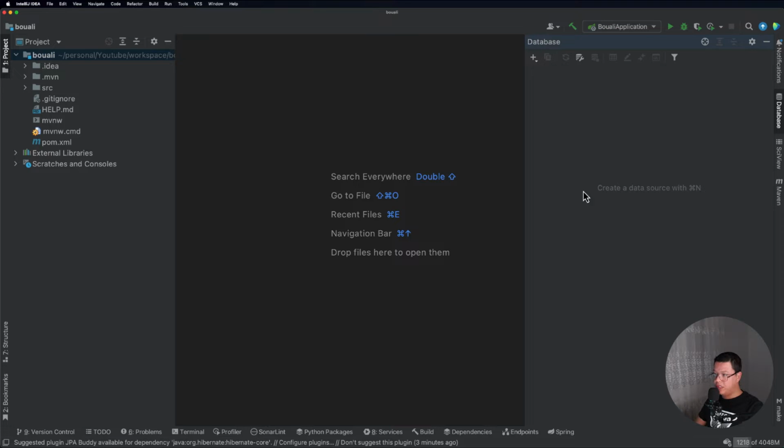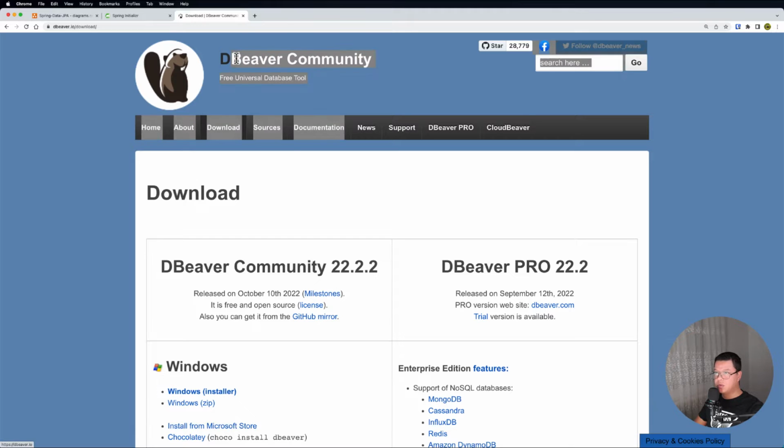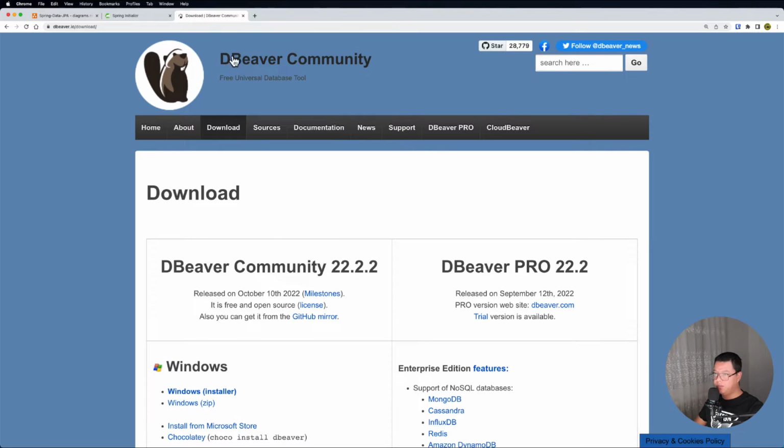So for me, I'm going to use a PostgreSQL database, and as I mentioned, I will add my data source in here. But for you, if you don't have the full version, or you don't have, for example, the pgAdmin application, or you don't want to use it, there is a really cool alternative, which is this tool called DBeaver.